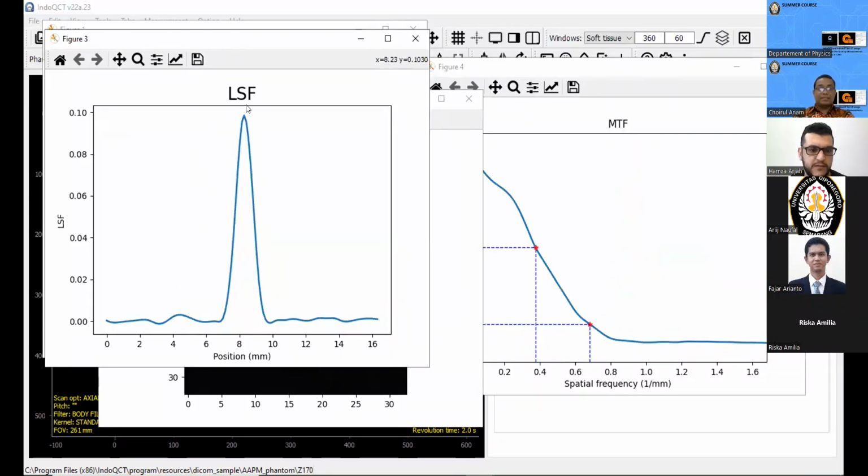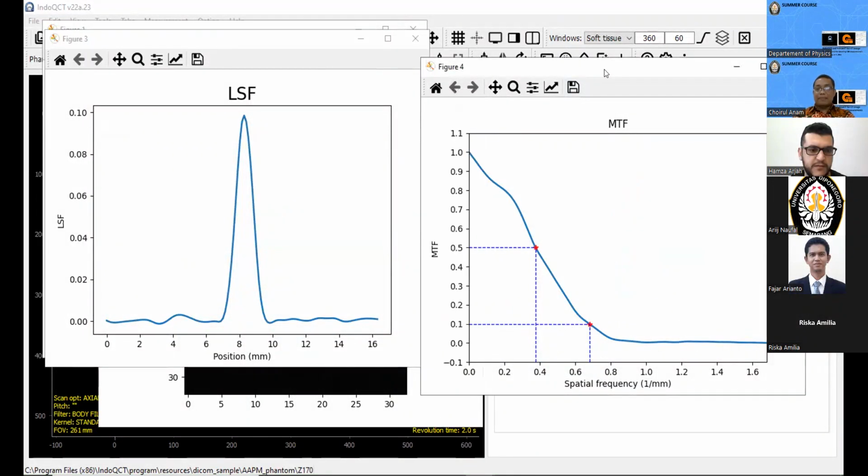This is the line spread function along the y-axis, and by using the Fourier transformation,